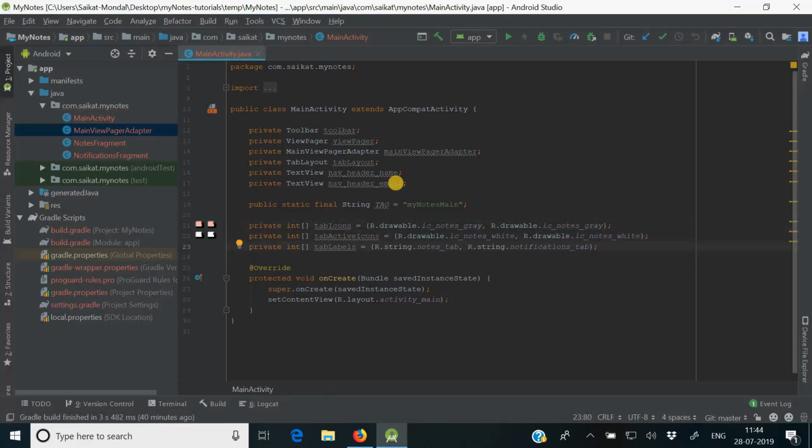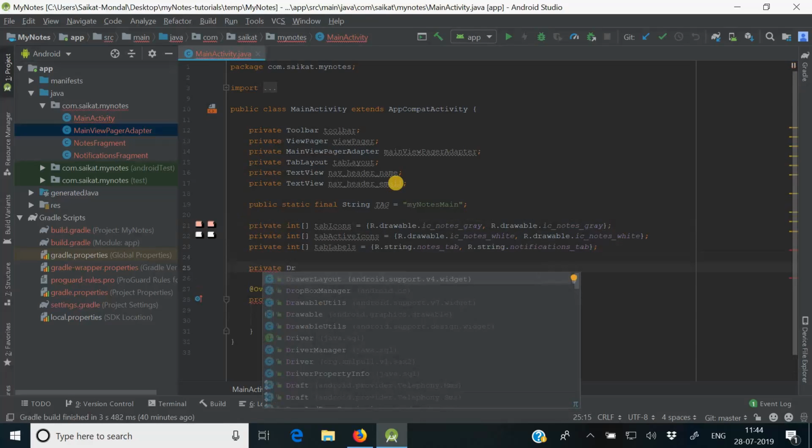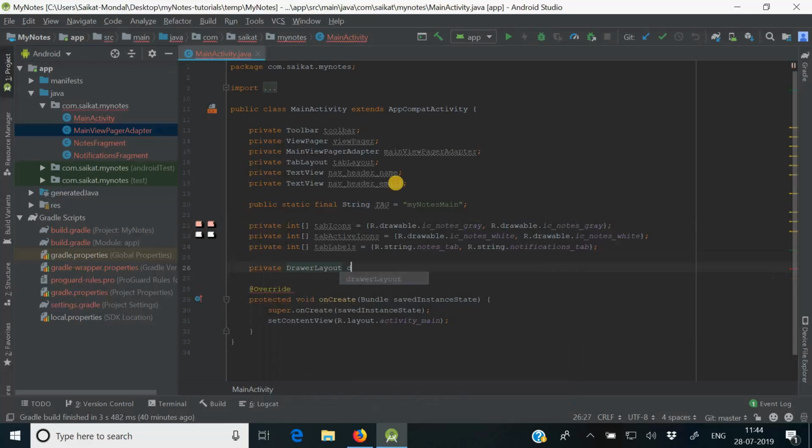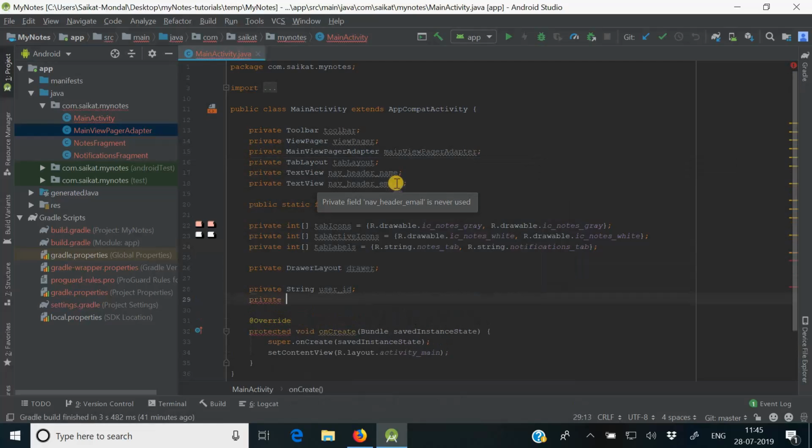Now we need the drawer layout. So private drawer layout, limit drawer, then to string. We will not need this as of now, but we'll need this later. Okay, so it's better to create this now. Private string. Okay,